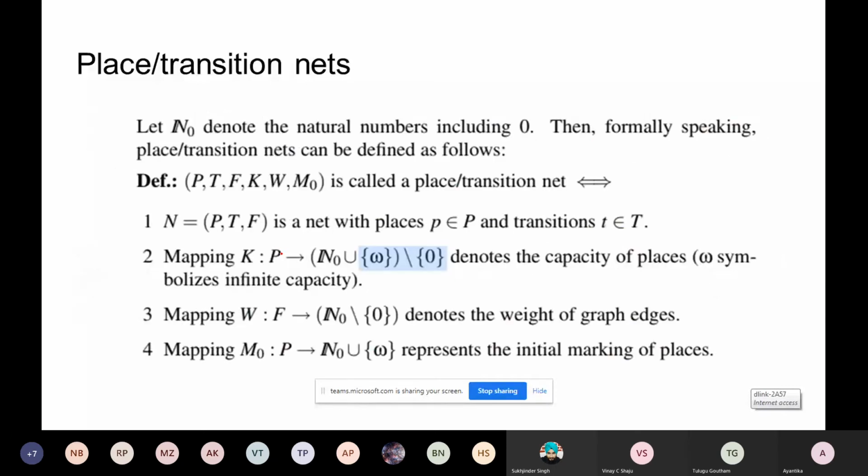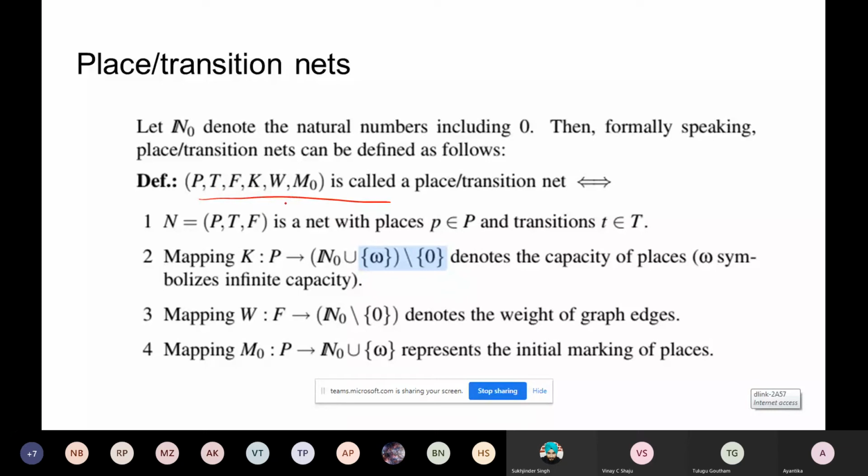So how will you define that? I think we can take one example, then we can come back to this formal definition. That will be easier. Or let's see this definition once first, then we will go to one detailed example that will help, I think. So how will you formally define this place or transition net? See, this is called a place or transition net.